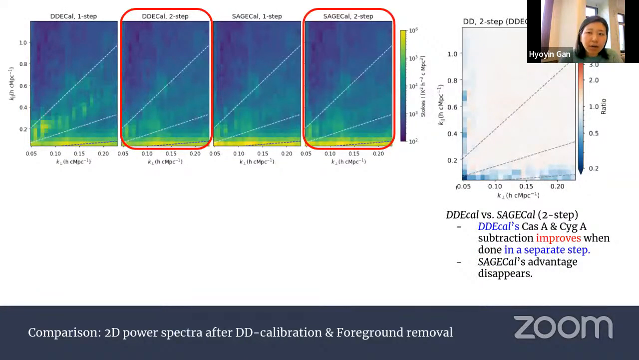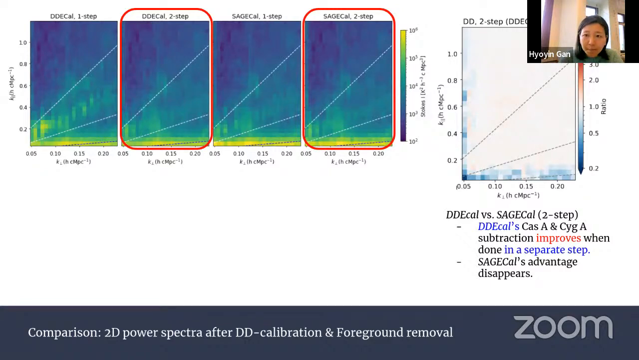So if we compare DD-Cal and SAGE-Cal, here we only see the difference in the primary beam region because we have seen it already that for DD-Cal, it is better to subtract Cassiopeia A and Cygnus A in a separate step. So SAGE-Cal used to perform better at subtracting Cassiopeia A and Cygnus A. However, this advantage disappears when it's done in 2 steps. So we only see the difference in the primary beam region, and DD-Cal is better at subtracting sources in the